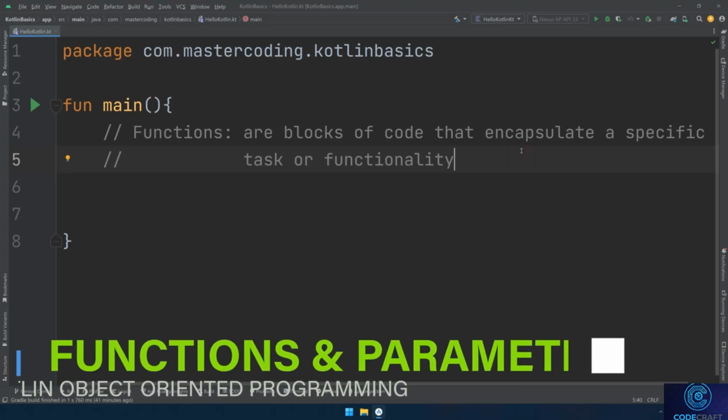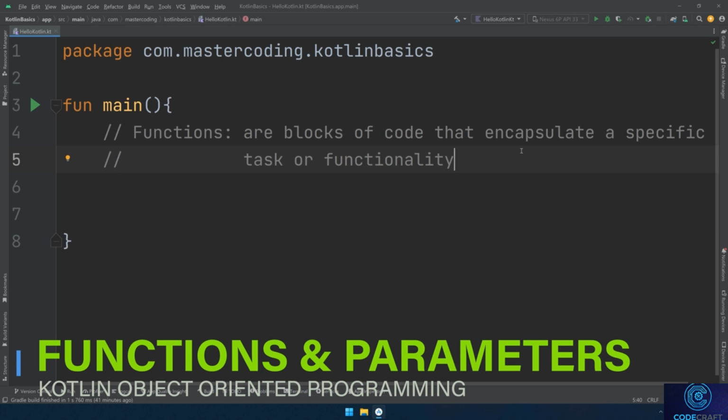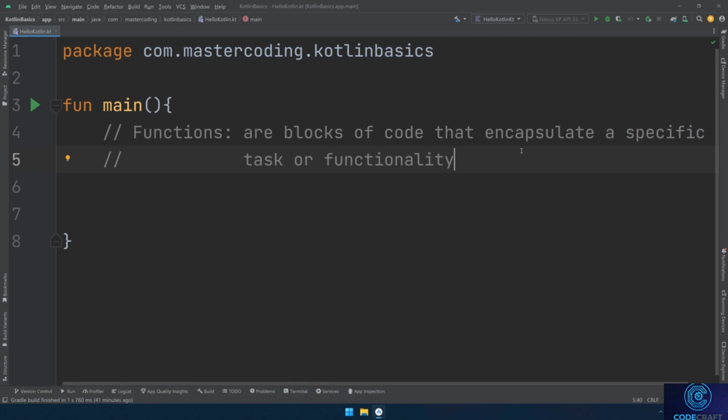Welcome back. In this section, we're going to talk about functions in Kotlin. In Kotlin, functions are blocks of code that encapsulate a specific task or functionality. Functions are a fundamental building block of any Kotlin program, and they allow you to organize your code into reusable and modular components. You can create functions to perform various tasks, and you can define functions with parameters and return